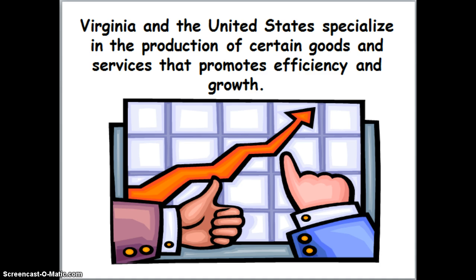The United States also has other industries as well. One of the main industries that the United States is known for is its entertainment industry. It's Hollywood. You go to any country around the world, you're going to notice that movies that we produced in LA or in Hollywood are being sent to other countries. So we focus on those types of products that really show our efficiency and growth.